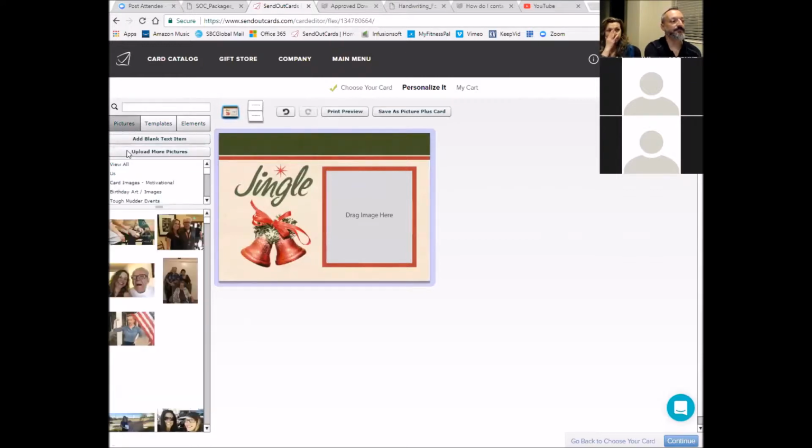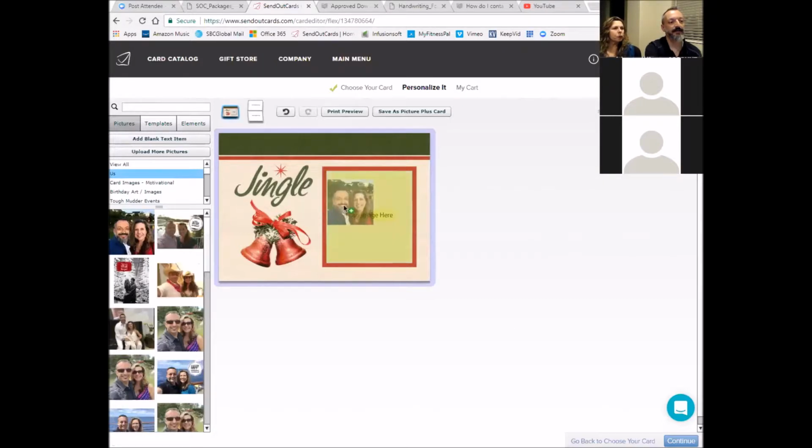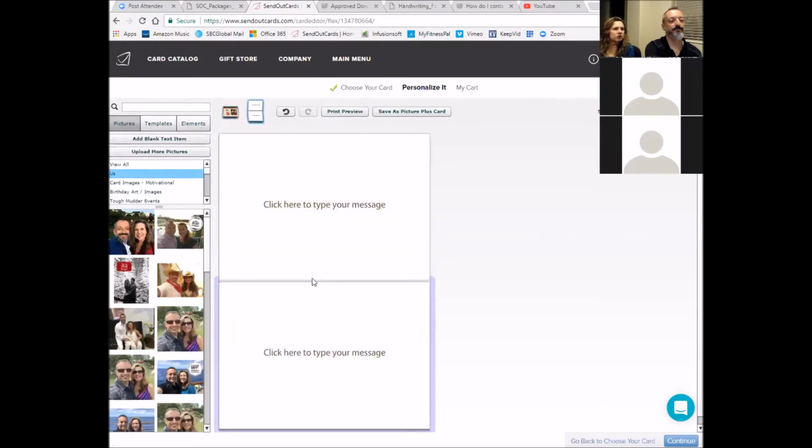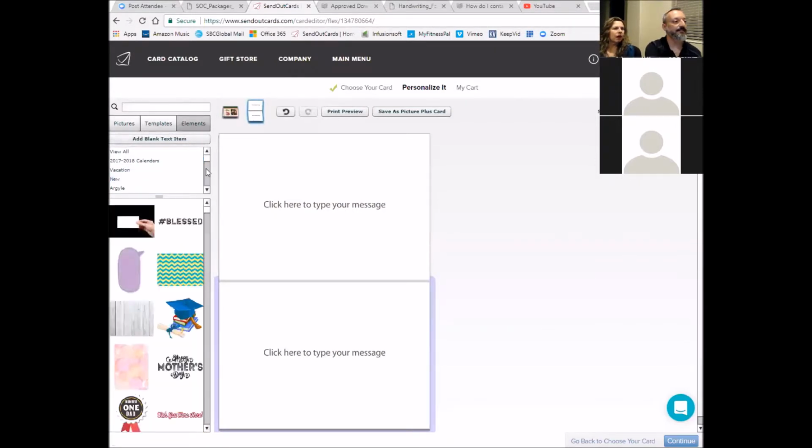When I click on pictures, because I have a group of photos that are already labeled with us in it, I can just drag us in there and boom. Our Christmas card front is already designed that quickly. I can then step inside and I can click on this elements feature right here. And when I click on elements, again, when I click on different types of Christmas themes, for example,